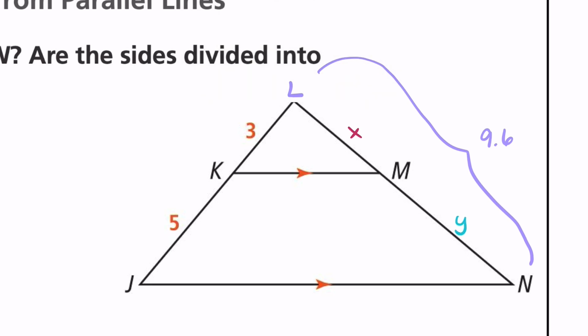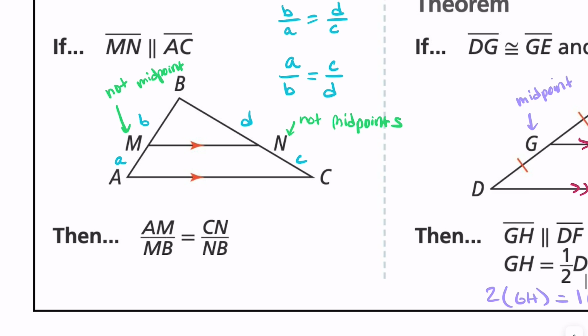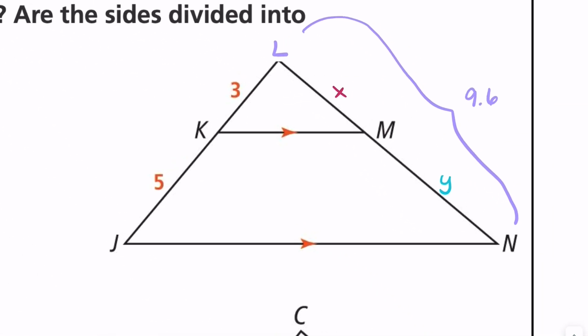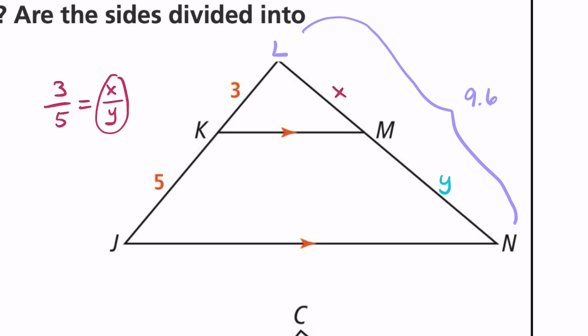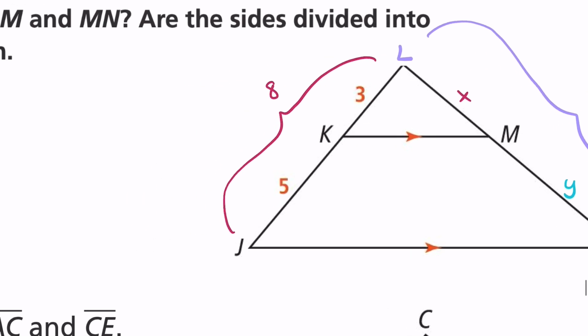What we don't want to do is use our side splitter theorem directly, because the side splitter theorem would say 3/5 is equivalent to X over Y. The problem with using the side splitter theorem is that we would then have two variables, and we can't come up with a solution for two variables. So what we're going to do instead is use the idea of similarity, but on a whole level. We'll call this whole thing 8. That way we can compare the smaller part, 3, to 8, the whole length of the triangle,